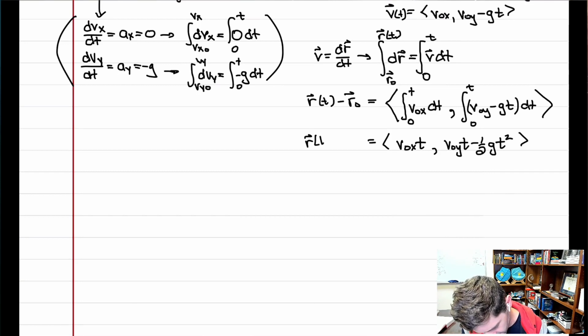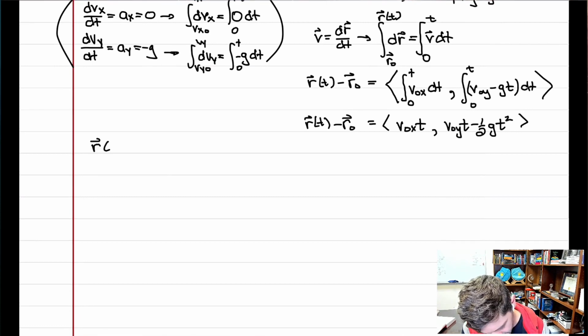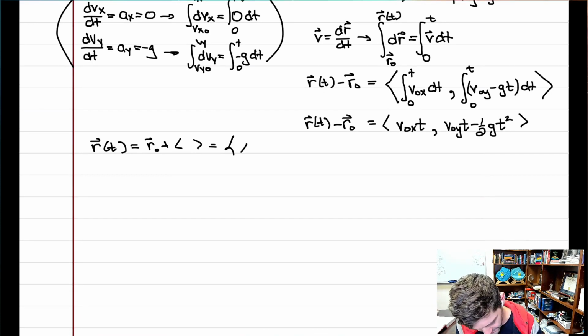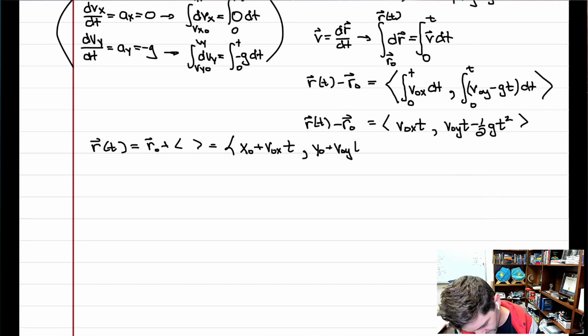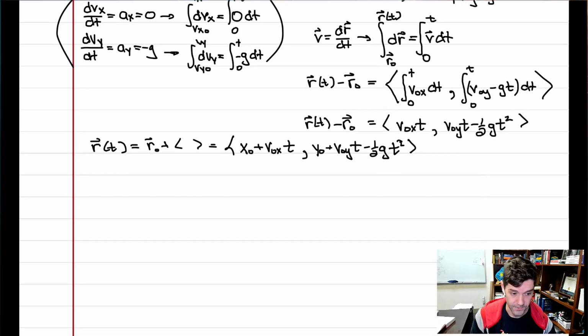And that equals r as a function of t minus the initial position. So then it looks like r as a function of t is r naught plus that mess, which, when you bring that in, is going to be the initial x position plus v naught x times t. And the second component is the initial y position plus v naught in the y direction times t, minus 1/2 gt squared, which is the answer. And that just looks like what is usually called the kinematics equations,